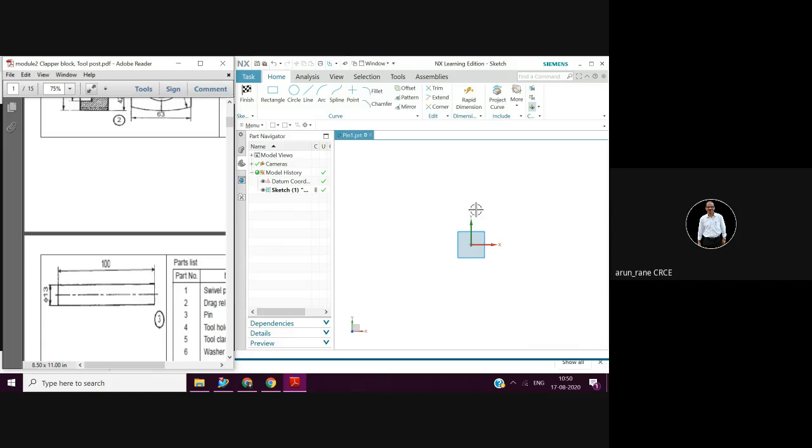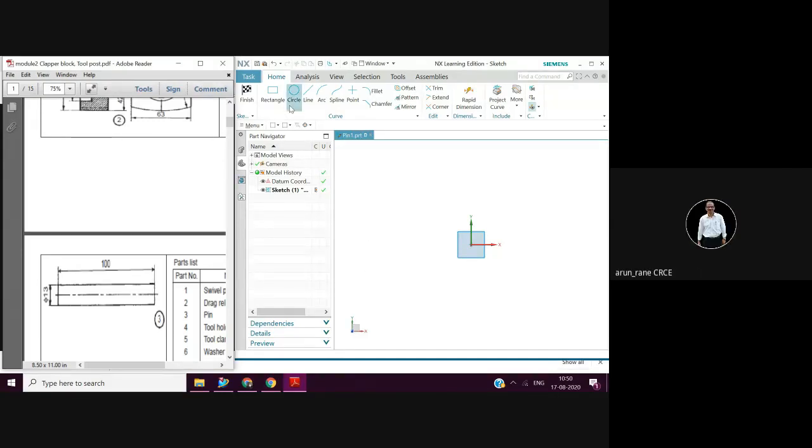Sketch one means you are drawing the sketch which is named sketch one. Once you finish the sketch, you can select this finish option. Then you can do the extrude and other things. All right, Renan. Yes, sir.